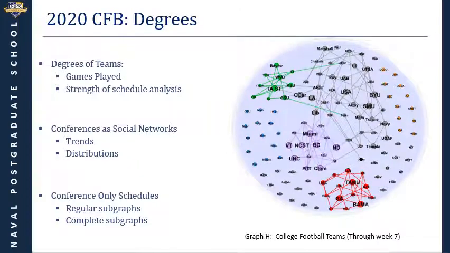We can also evaluate conferences as unique social networks within the greater society of college football at large. By considering each conference as a subgraph, we determine which conferences have played and won more games by examining the degrees of the vertices in each subgraph and then examining the different degree density for each conference to gain insight on which conferences average more wins than others and which conferences' wins are more widely distributed among the conference member